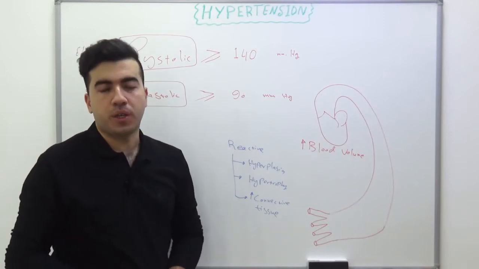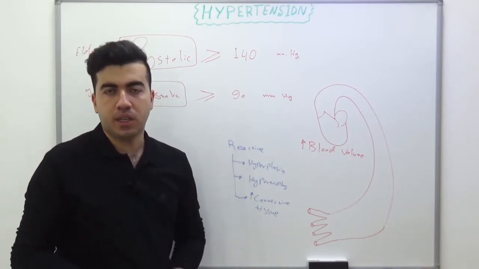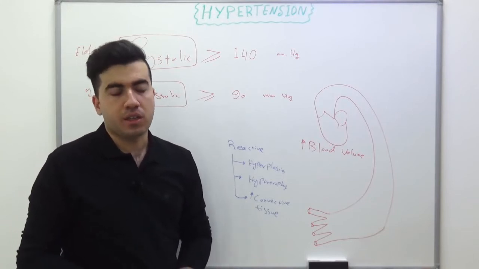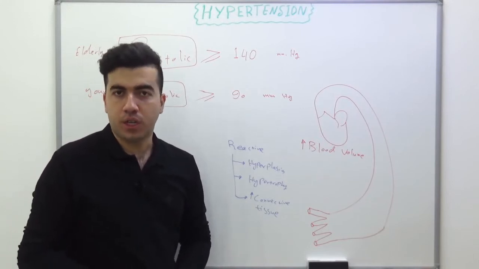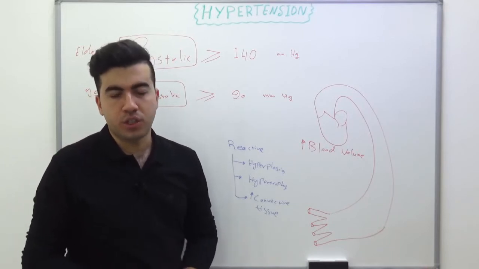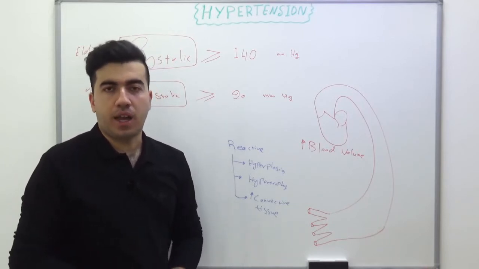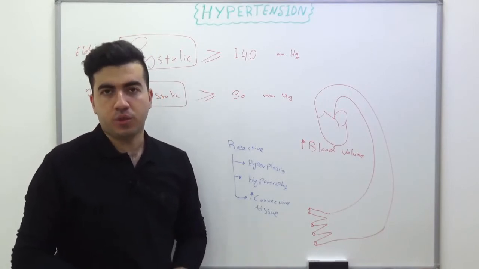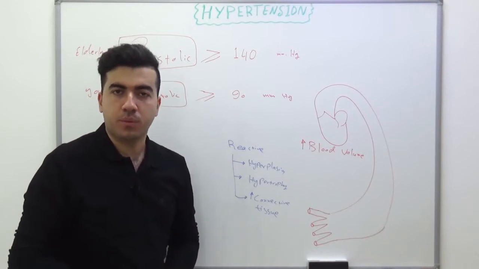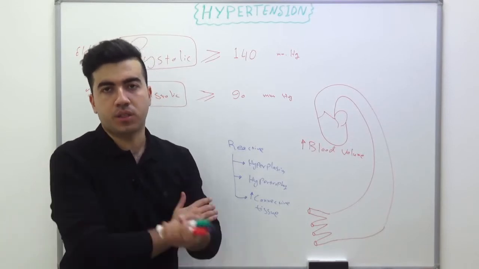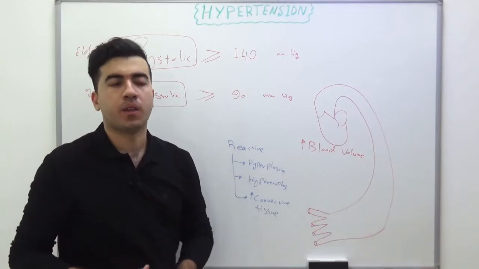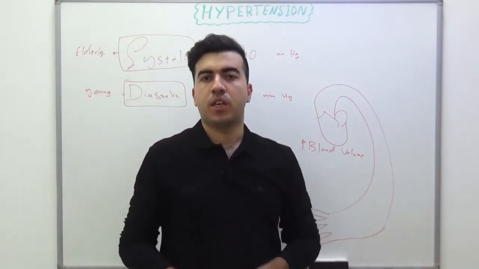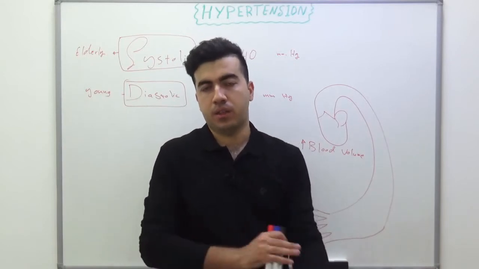And the patient should be calm, comfortably resting for at least 5 minutes. The blood pressure should be measured at least 30 minutes after smoking, caffeine intake or alcohol ingestion, or at least 1 hour after a meal. Then the arm should be supported, in a supine or sitting position, at the level of the heart. And it's better, at least the first time, for the blood pressure to be measured in both arms, the right arm and the left arm.